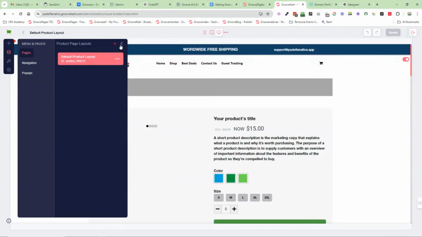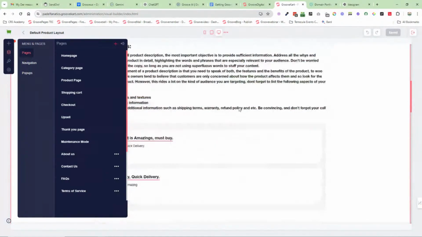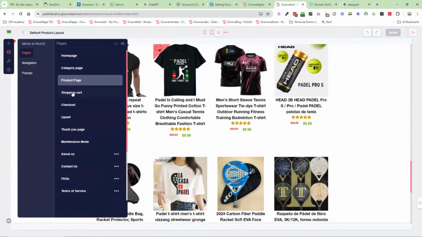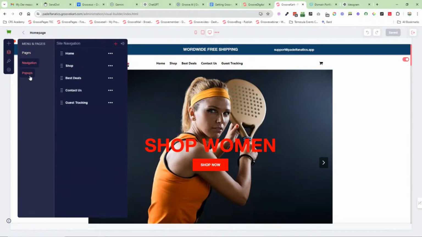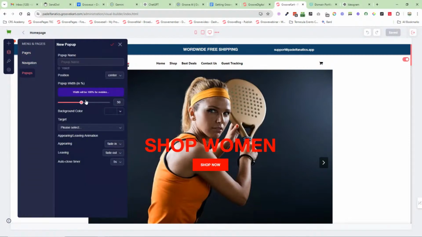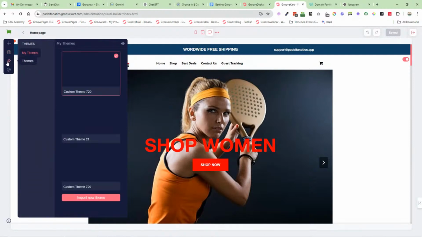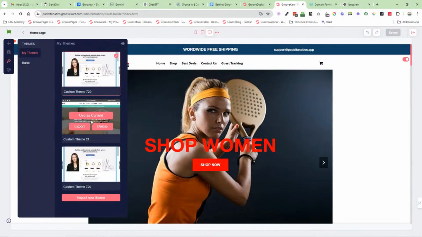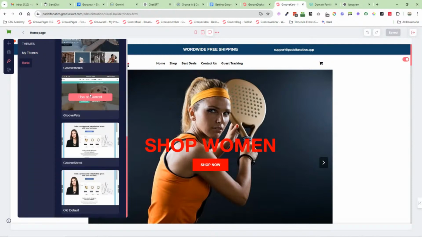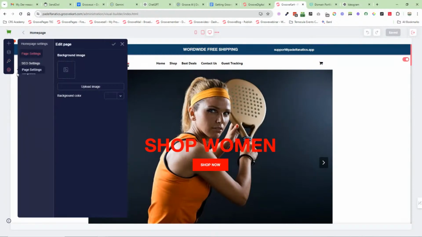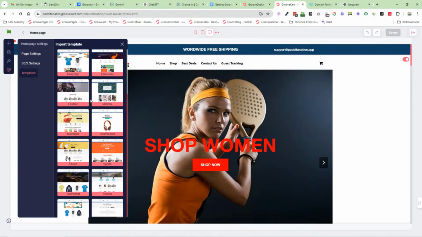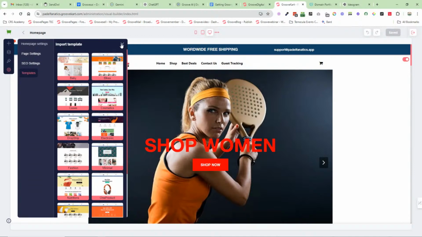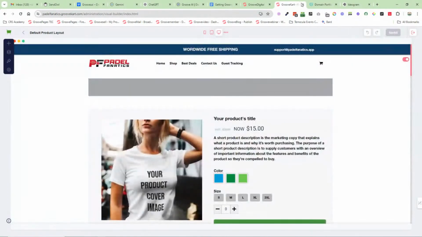This is the product page, and again, it's based on knowing what's working and what works. So you can go in and change all of those. I'll go back to the home page. You can obviously change the navigation over here, and you can go in and add pop-ups as well. Here is themes, so you can customize or you can use these different ones, and you also have some basic layouts here as well. And when we come into our page settings and SEO settings, don't forget there is a bunch of templates over here as well. So that is Groove Cart.